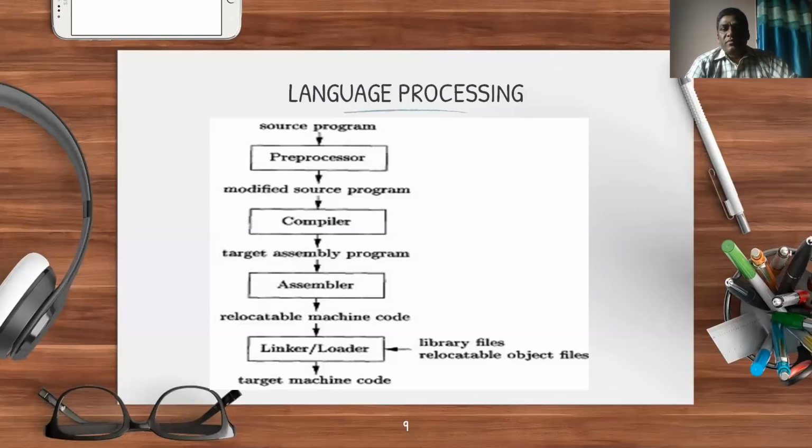In a C program, every statement that begins with hash is known to be a preprocessor statement. That hash symbol represents the preprocessor directive, from where we get the definitions of all the header files. So when you write hash include stdio.h, hash specifies the location where the library files are stored, and from there you will get your stdio.h definitions.